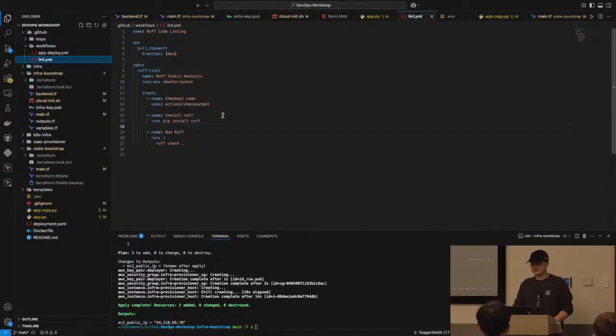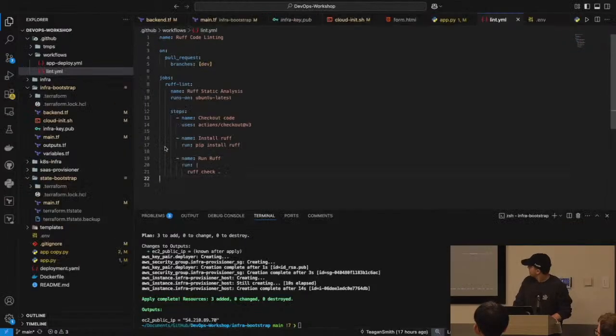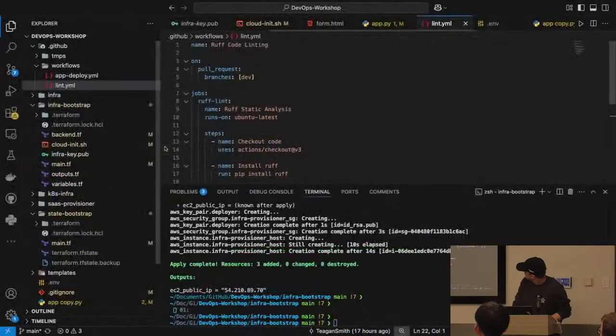So the basic Git workflow is you develop something on your own branch, and then you eventually push that to a main branch, which is public. Does that make sense, everybody? Is that more familiar? Most companies have something called a dev branch, and you have to push to the dev branch before you can push to main. We use something called Ruff that can perform a static analysis on the code that we are pushing every time we push to dev. Yes? Can't see it though. Is that better? Yep. Perfect.